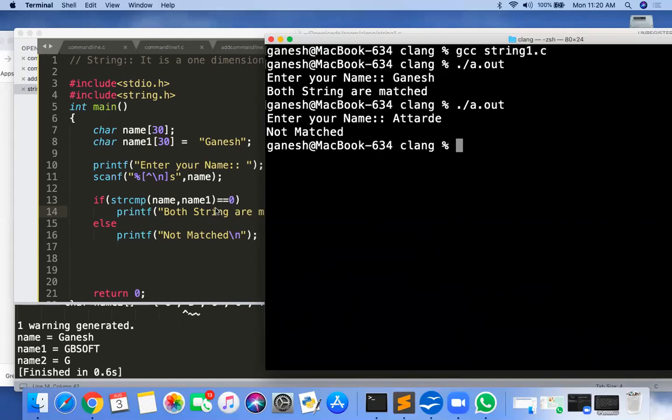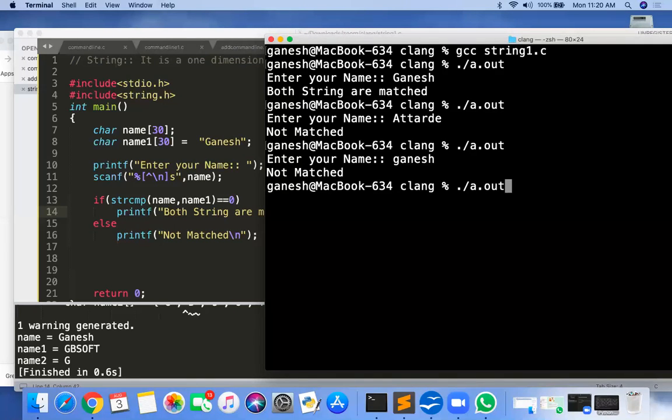Even if the spacing is different, it will not match. Not matching, you can see. Your name is Ganesh, here the G is small. If I want the name1 content with G capital, it will print not match.